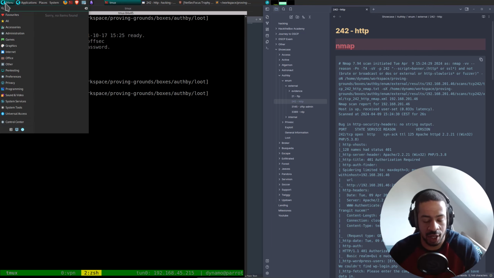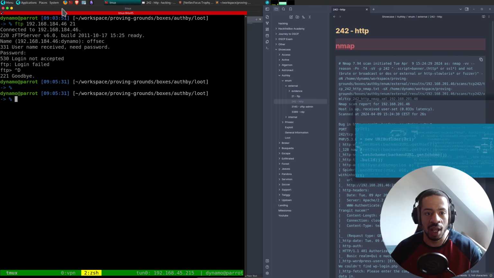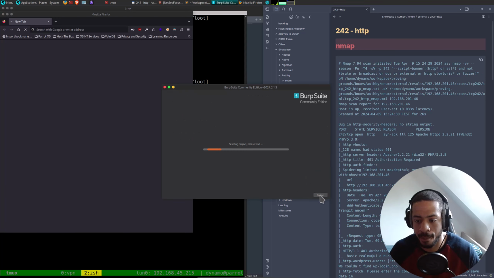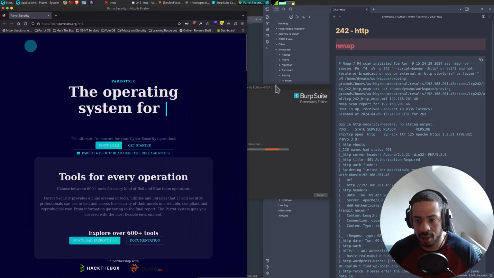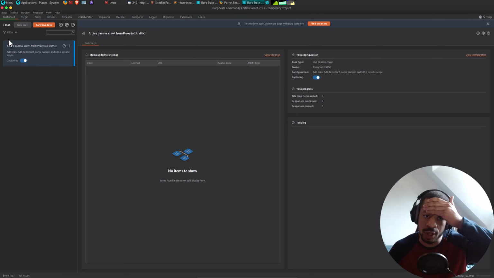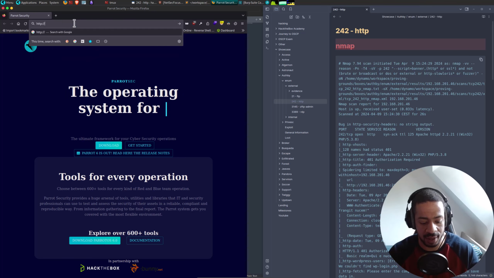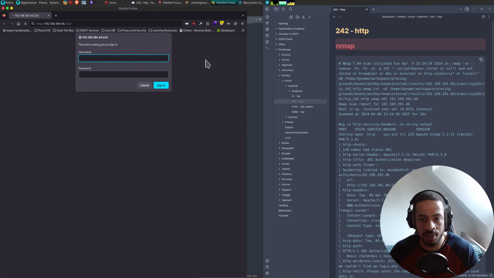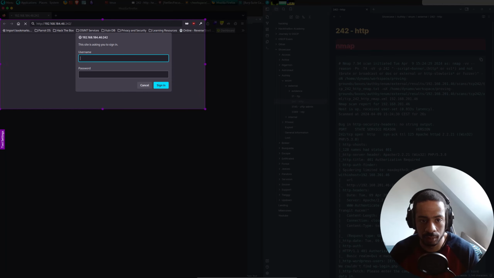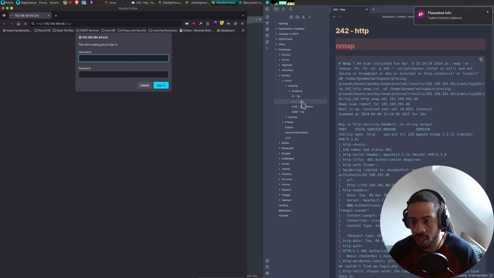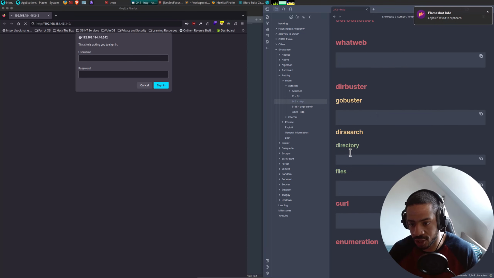Okay, so we're on HTTP, so we're gonna fire up Burp as usual. And we're gonna open Mozilla. Let's do it like that. And Burp is gonna load up full screen like this. Okay, and so we're gonna take our IP, HTTP, slash like this, and it's 242, yes. And we've got a user panel. Screenshot, and let's do the enumeration for HTTP.